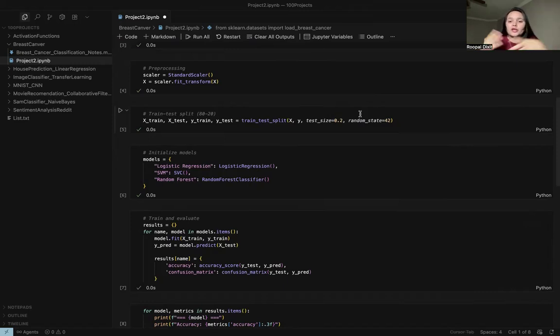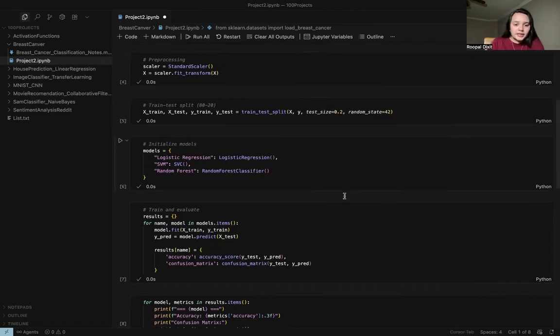For the pre-processing, we are using the StandardScaler to standardize the features, making their mean 0 and standard deviation 1. This is super important for logistic regression and SVM, which are sensitive to different scales, like comparing inches to miles. Like if I say 1 inch, and if I say 1 mile, definitely it's a very big difference. But if you are not scaling it to the same format, then it will say that these things are both similar, because as a model, it's just mathematical formulation, so they don't actually understand until you convert them into a similar format. So that's why we use StandardScaler.